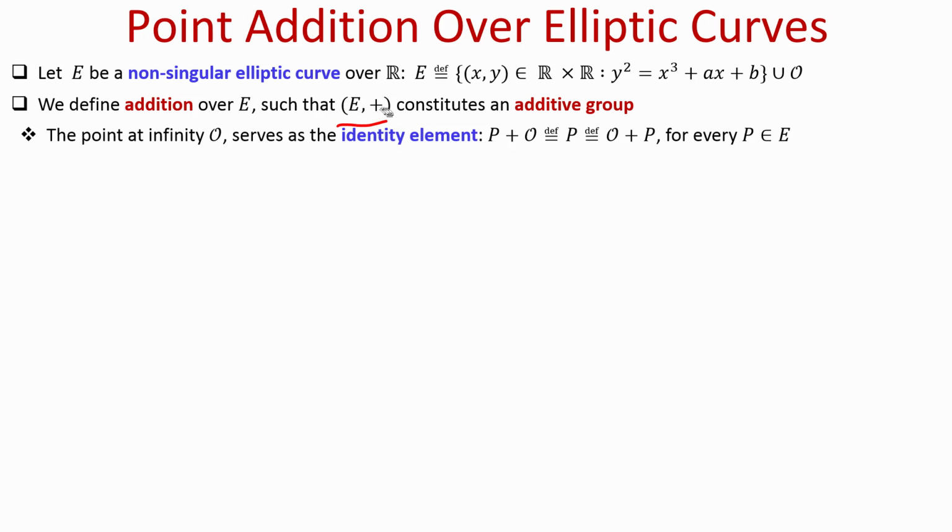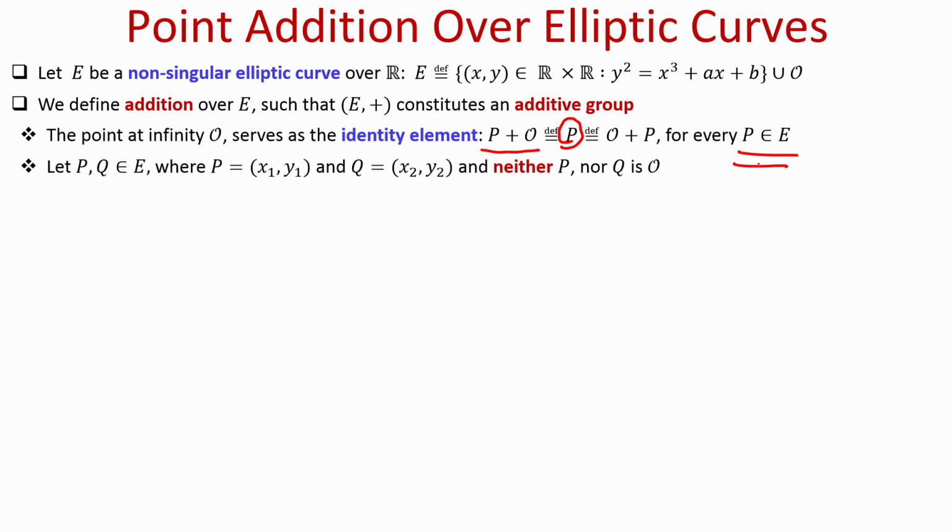So, the plus operation is defined as follows. We define the point at infinity to be the identity element, that is our definition. If we define the plus operation on any point P on the elliptic curve and the point at infinity, the result is P. So, if you take any point P, which could be the point at infinity itself, and add the point at infinity to it, the result is defined to be the point P itself. That is the first property of the addition operation that we have defined here.